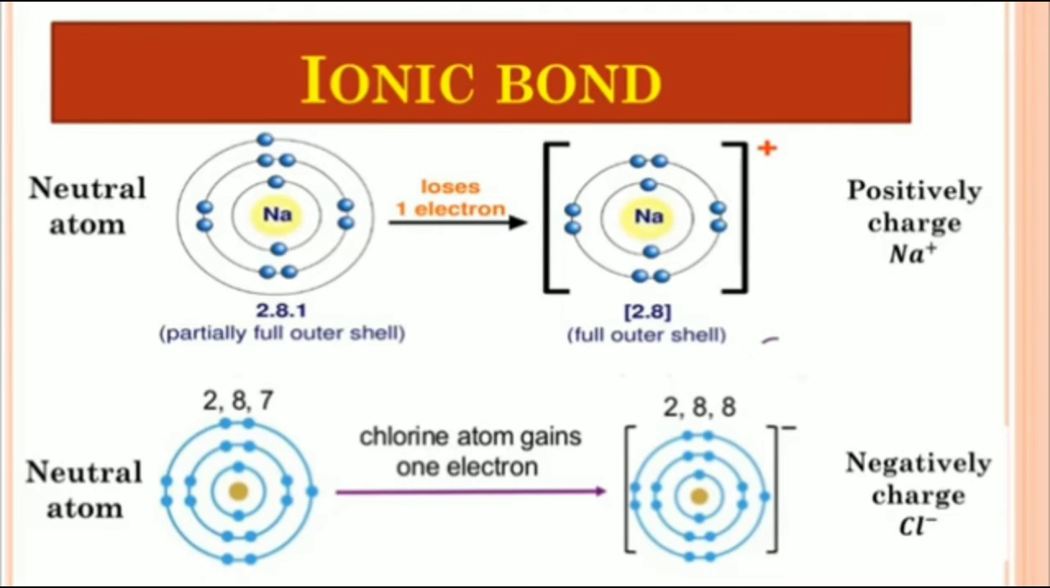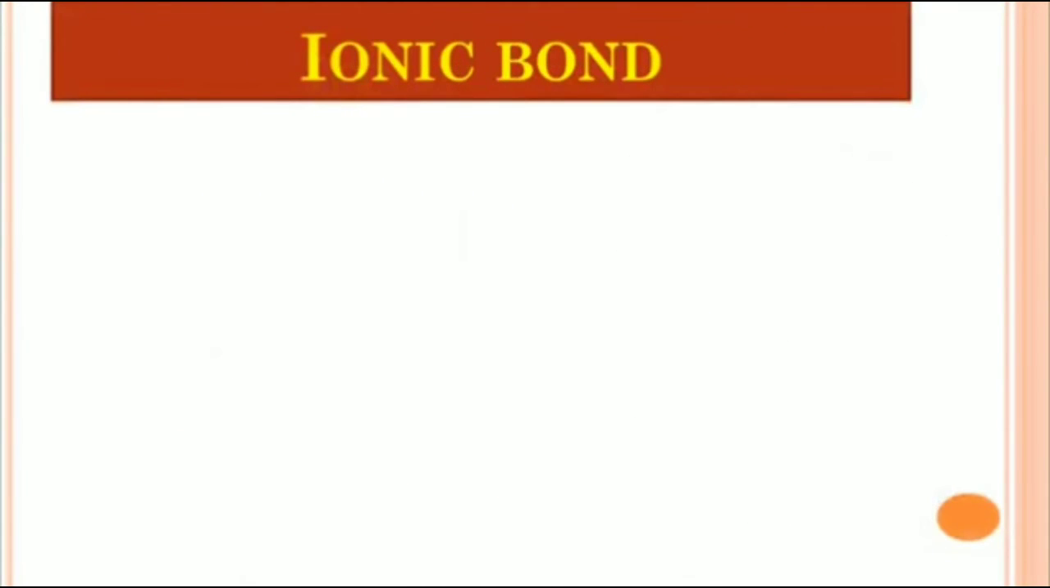So children, are you getting me? Is it easy for you to understand now how the ionic bond is formed? Okay, so sodium loses its one electron and forms a positively charged Na plus ion, while chlorine gains that one